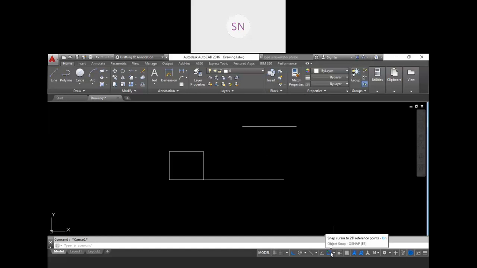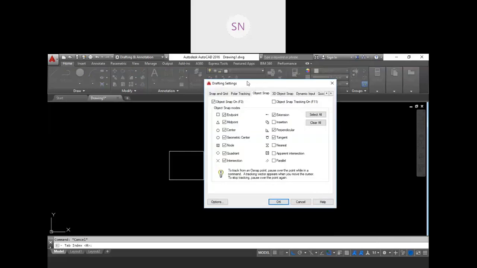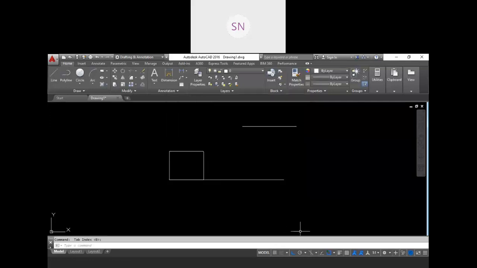So for the object snap turn on and turn off, we have the F3 shortcut, right? And just click on this drop down and go to the object snap settings. So here we have so many types of points, and we use these points to grab a particular point in our drawings. Say I'm going to clear all this and choose just the endpoint, right? So endpoint will be displayed with a box. So what will happen now, we have turned on this object snap, but it will not be visible directly over here.